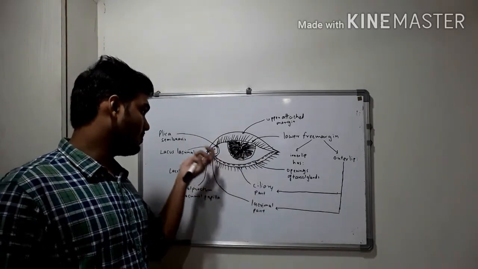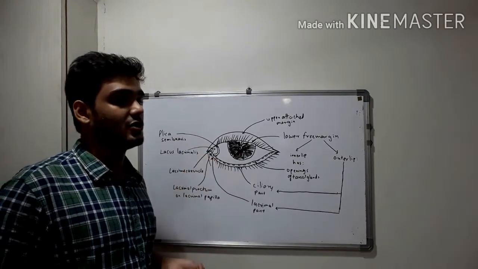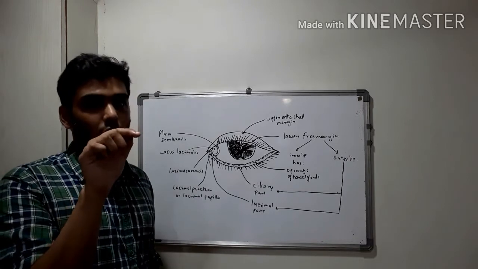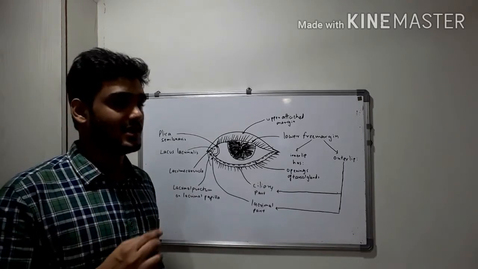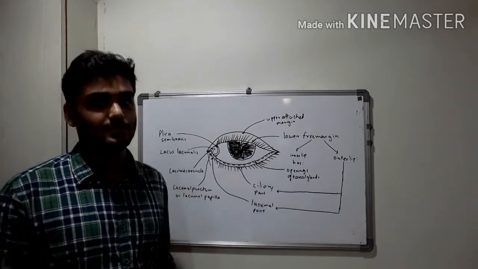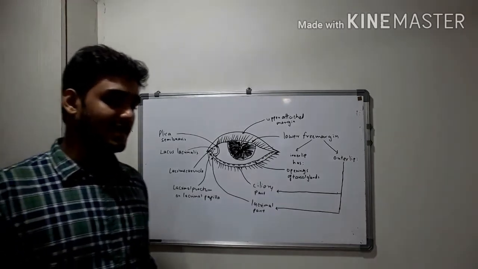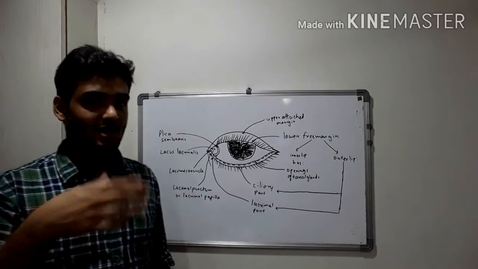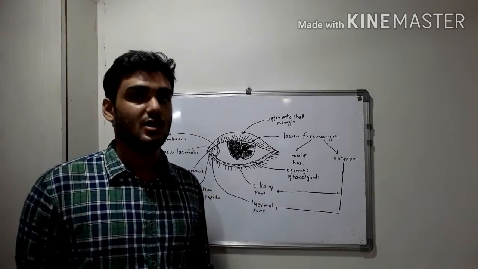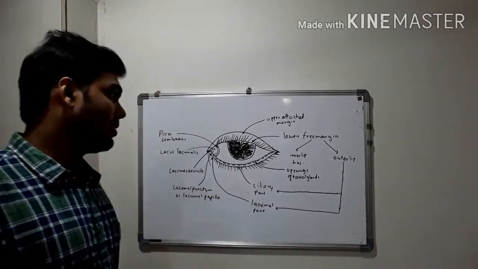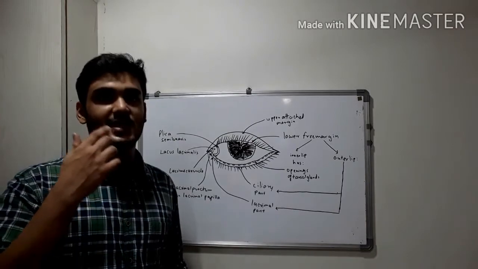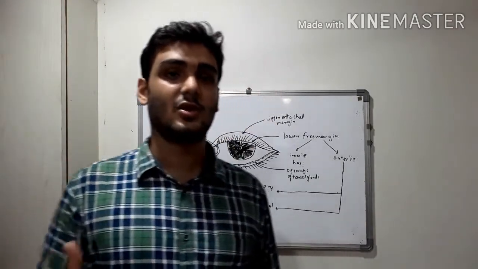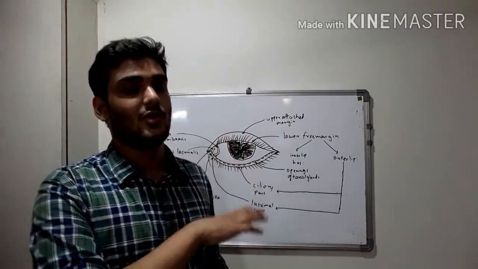On the eyelid also you can observe that there is a papilla, the lacrimal papilla, on which there is a small hole, a small opening, which is known as lacrimal punctum. And this lacrimal punctum is the opening of lacrimal canaliculus. Now we shall learn these things in the lacrimal apparatus. But you need to observe these things in your eye, in the mirror. If you are looking in the mirror, you need to closely observe these things. Only then you can relate with whatever I say.